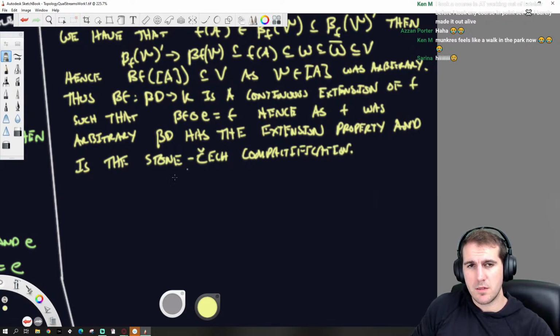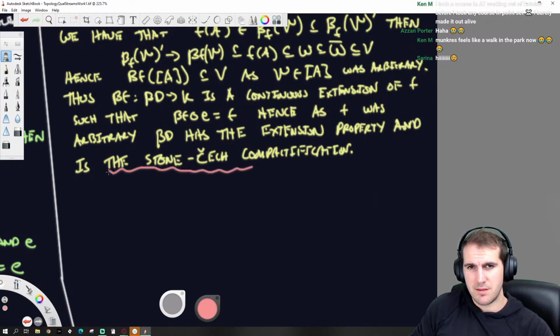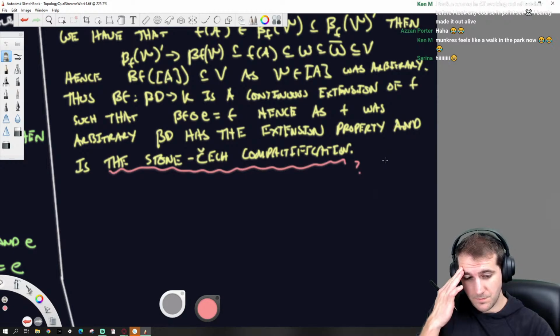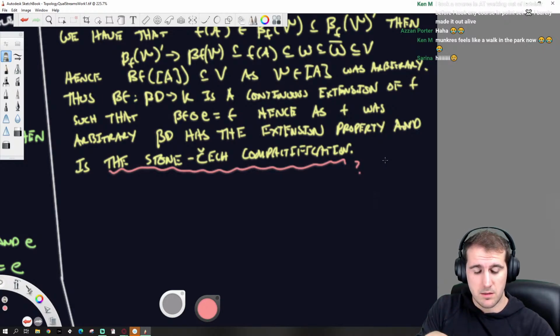I'm going to do a big thing here because I am confused. The previous stuff is fine. And I know that the Stone-Čech compactification of a discrete space has a clopen basis, which means it's zero dimensional.